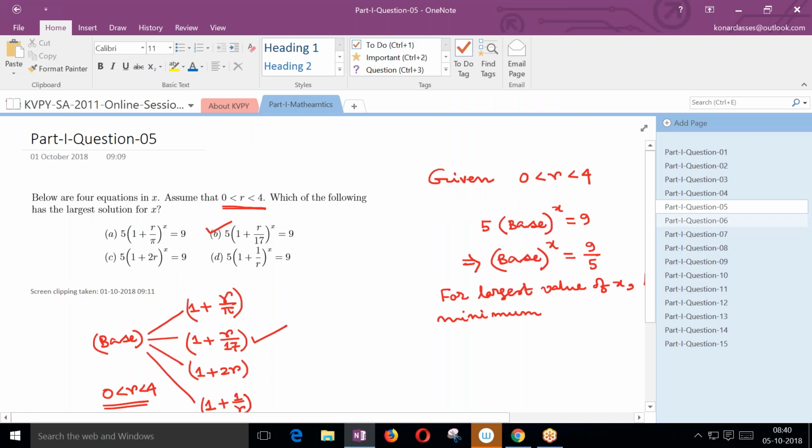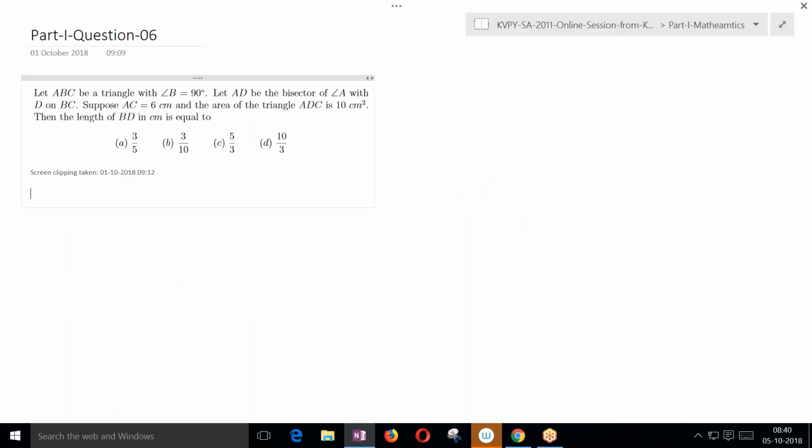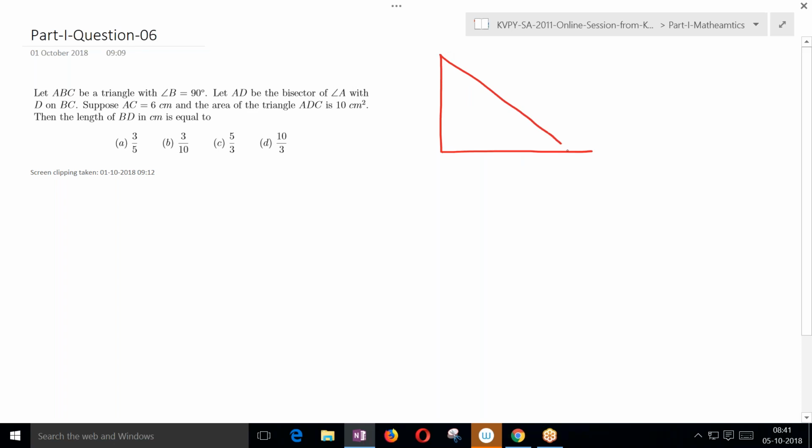So in the next question, it is mentioned that ABC is a triangle with angle B equal to 90 degrees. That means, as simple as that, it is a right angle triangle with angle B as 90 degrees. That means we can draw a right angle triangle, and that is the right angle triangle. So it is ABC,